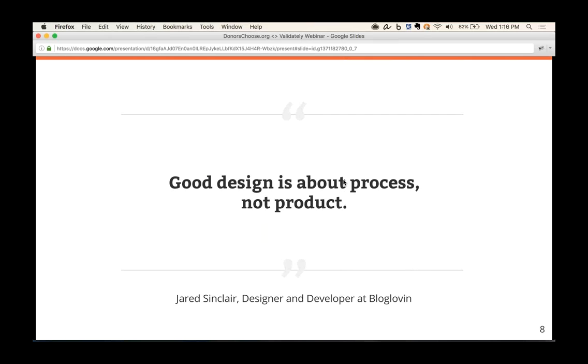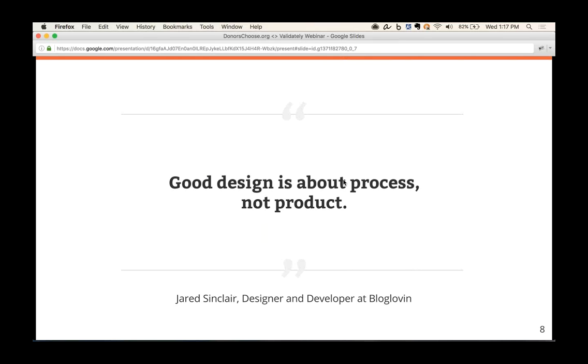So just like good design is about process, I think good testing is also about process as well. And I think it's about getting the best possible feedback for the stage you're in. Many people think, like I did in the beginning, that the most efficient way of getting feedback was through unmoderated testing. But after having tried that, what I've found is actually that moderated testing is more efficient in the long